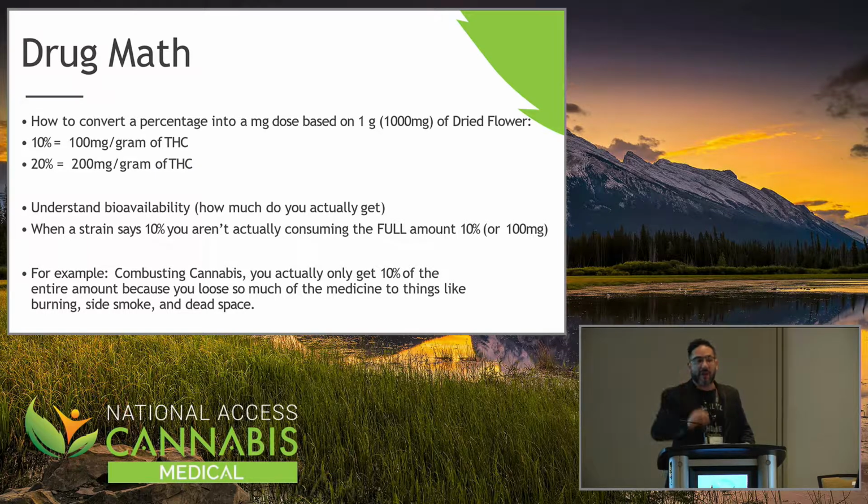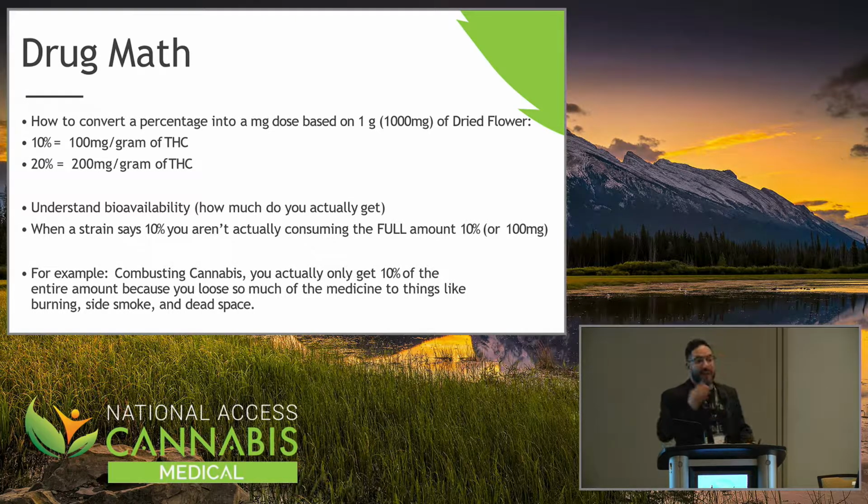But when we have a strain, in Canada, we usually talk about the THC first, then the CBD. I'm going to say we're talking about THC for this example. Let's say it says 10% on your flower. What does 10% mean? If they test 100 grams, which is what an LP does, 10% of that is pure THC. So you have 100 milligrams per gram. If I have 1 gram, I have 100 milligrams per gram. Make sense? That's just breaking it down.